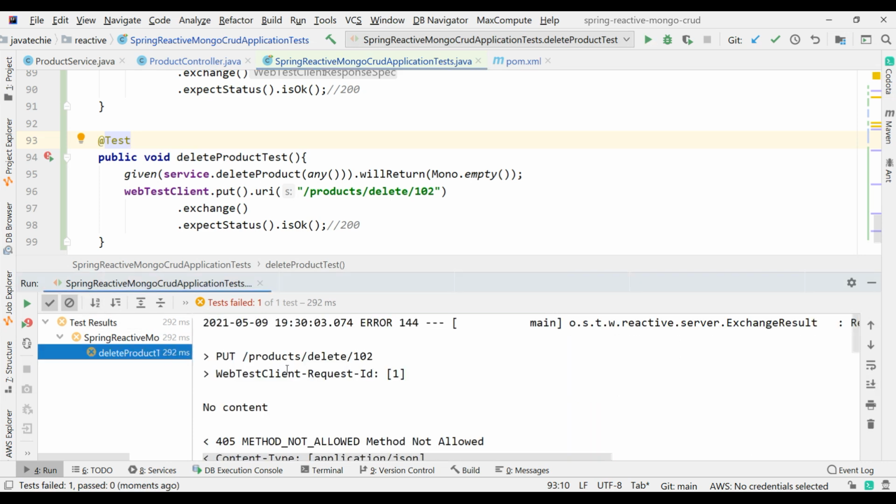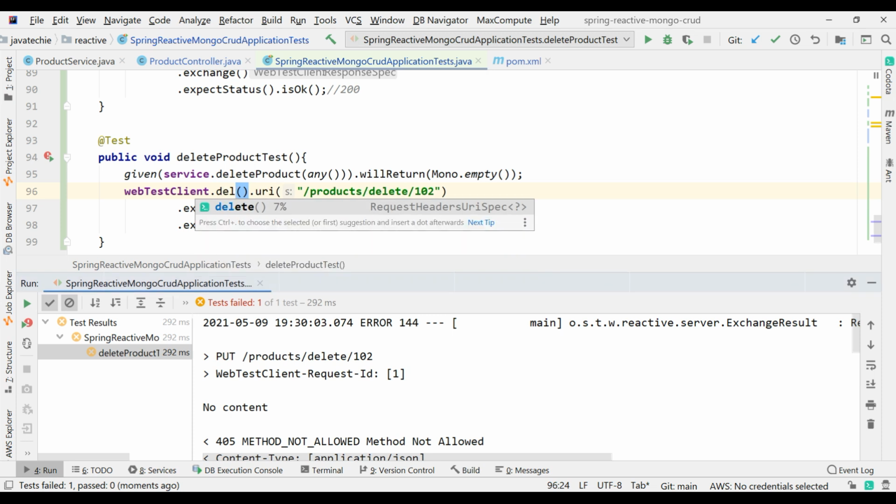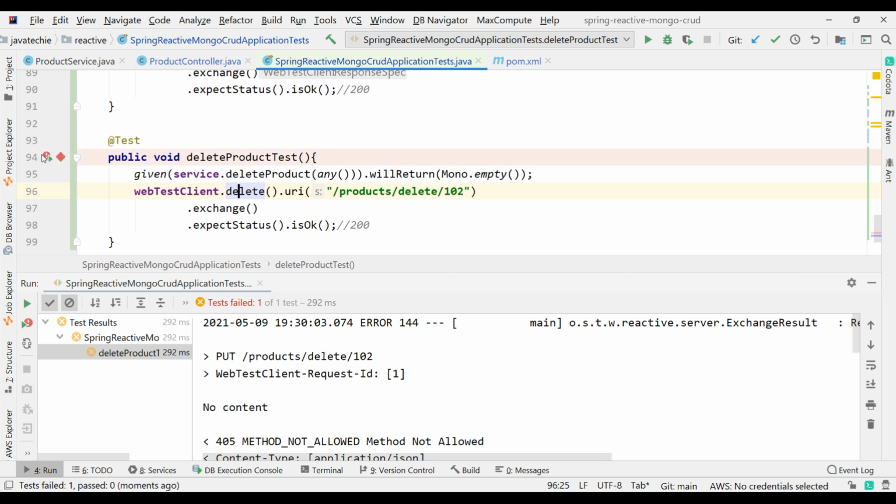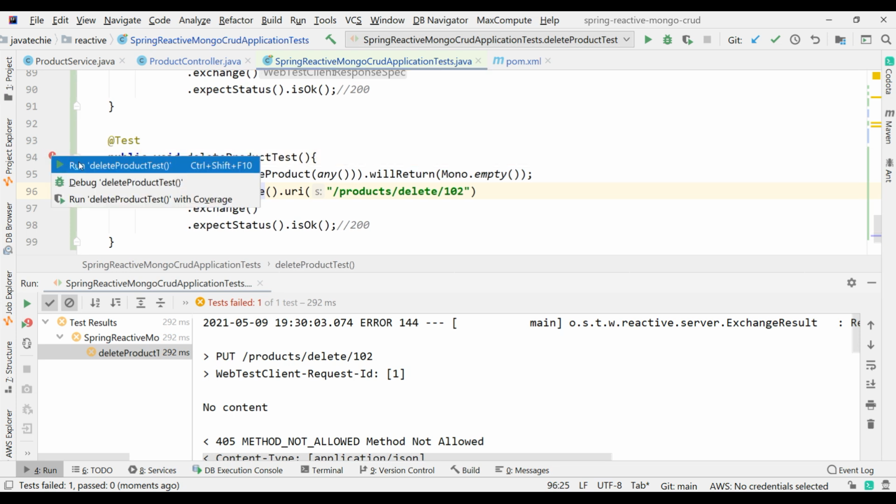There is some error. Okay, I just need to change the mapping, right? Means the HTTP method. We are doing the delete, but I just copy pasted from the previous code. So the HTTP method type should be delete. Just run it.